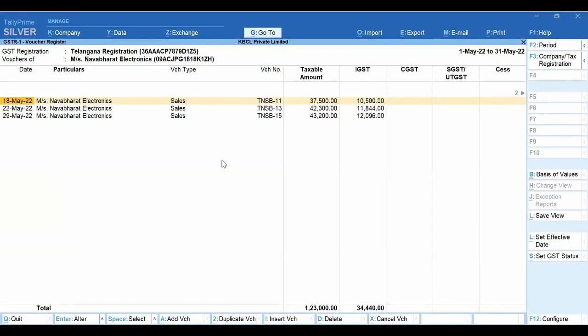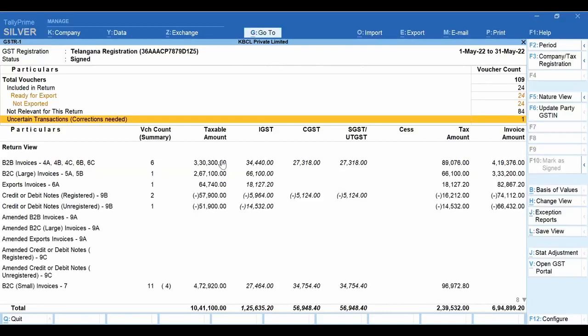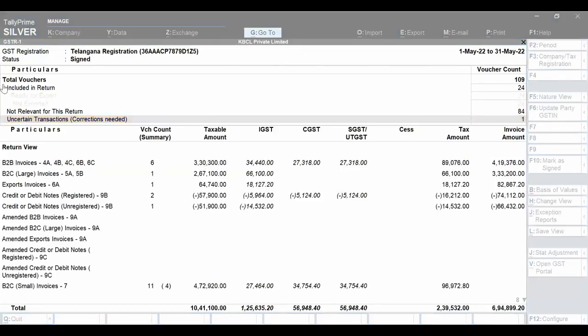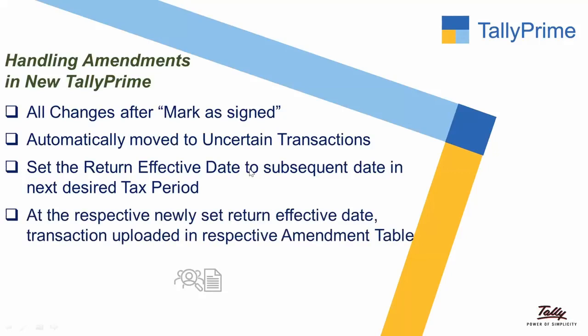So now that particular transaction is not here. That automatically goes to the uncertain transaction. That is what I am saying here. I have marked the return as signed. After signing, I marked it as signed. If I make any changes in the transaction, it goes directly to the uncertain transaction. Okay. The uncertain transaction